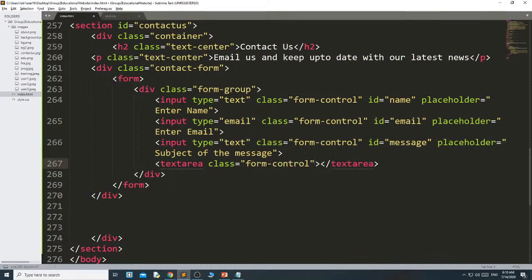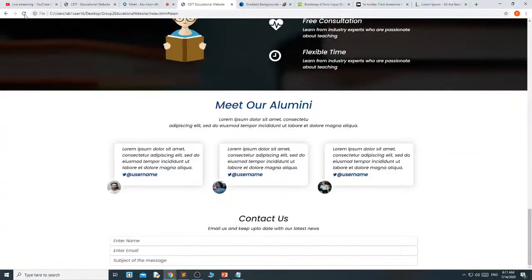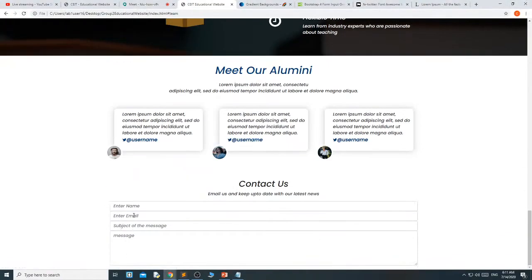Then rows equal to 5, how many default rows you want to give, and placeholder equal to message, whatever message you want to write, then id equal to comment. See, you will get like this, but here you are not getting any space.